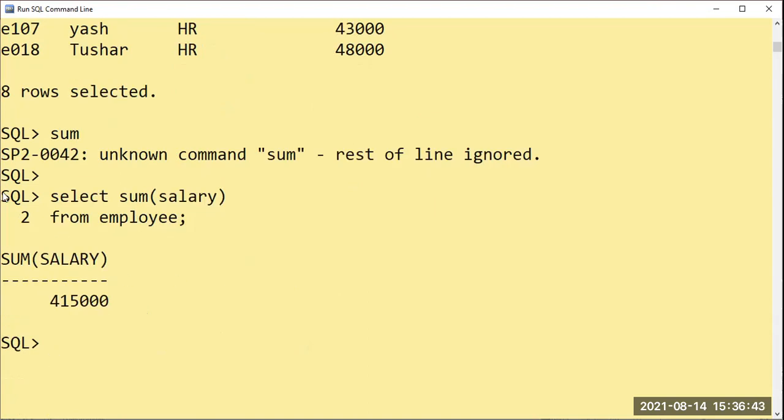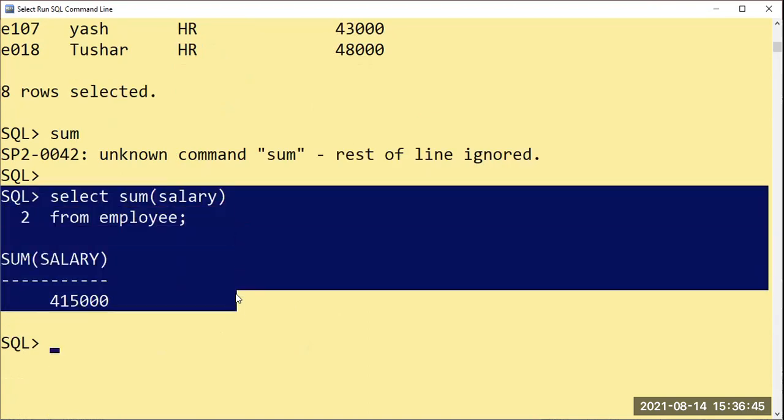This is the basic query for salary. Sometimes you want to find the total salary given to the HR department, finance department, BCA department, MCOM department. That is also available.